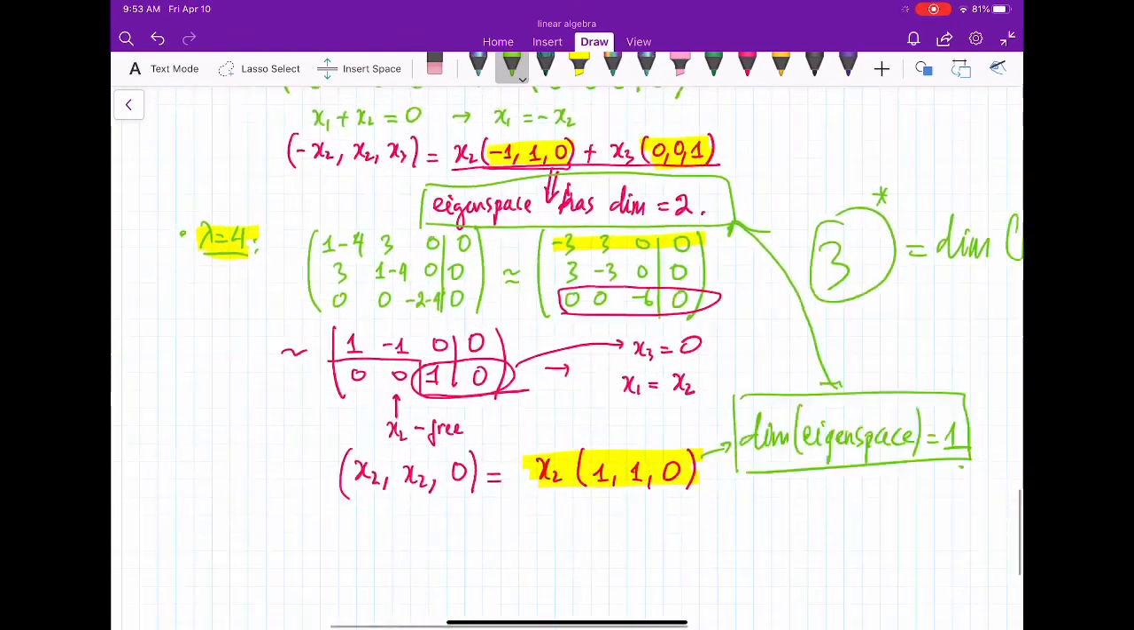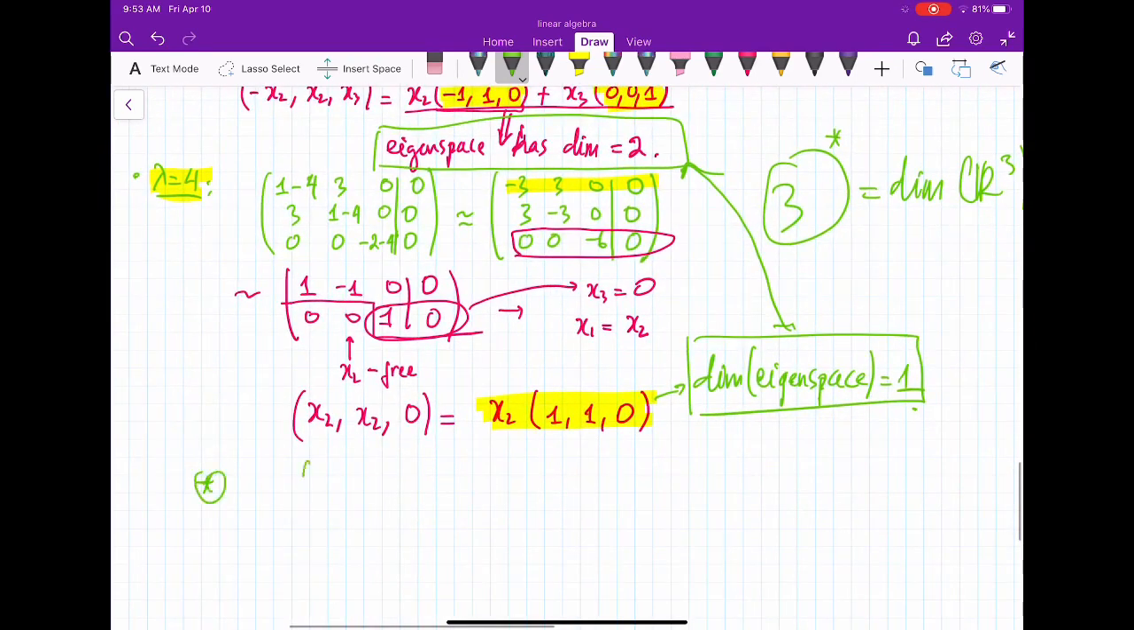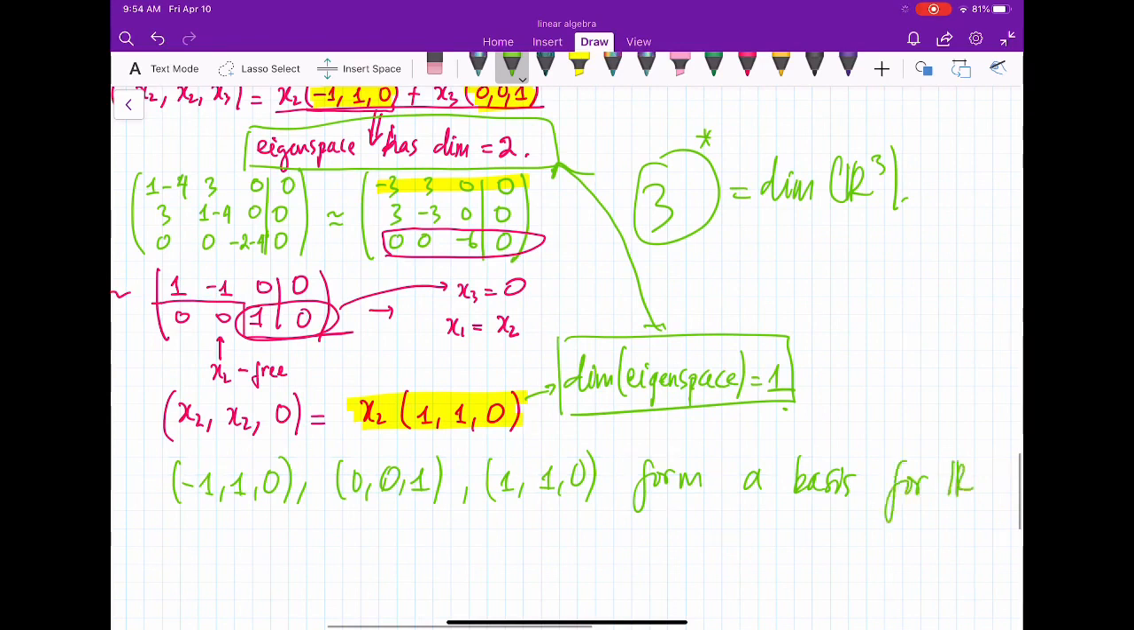Okay? So, I just want to verify one thing. These vectors form a basis. And we need to find the representation of our linear transformation in this basis. Make sense? And we see there's something interesting. All right, so let me point out in here. Negative 1, 1, 0, 0, 0, 1, and 1, 1, 0 form a basis for R3. And they are eigenvectors of